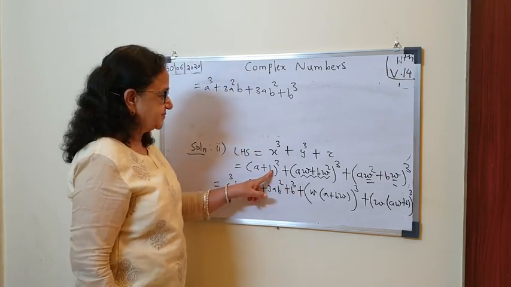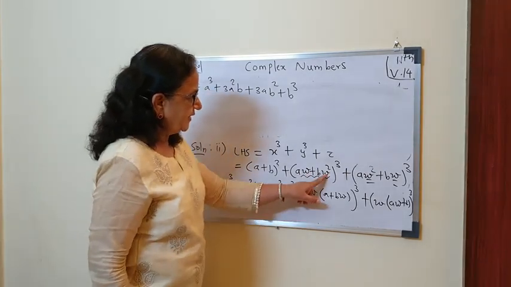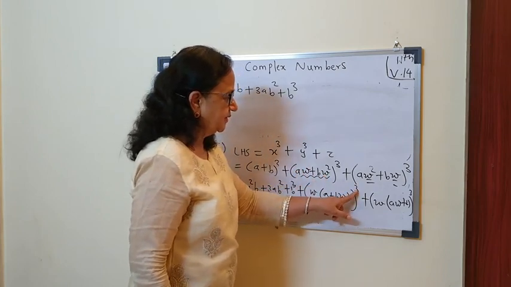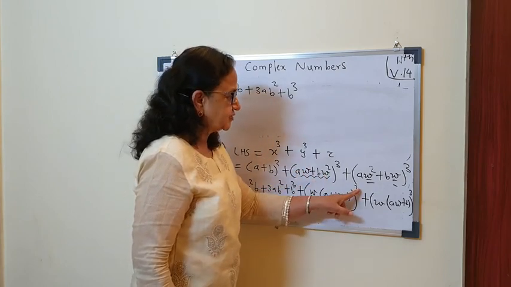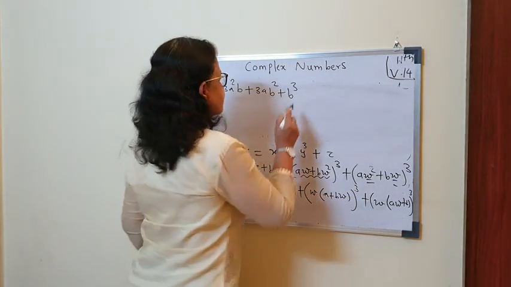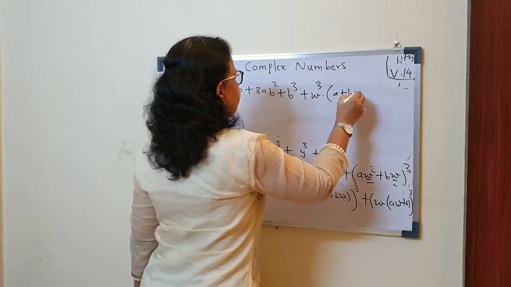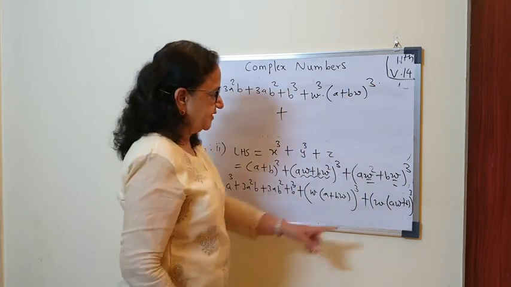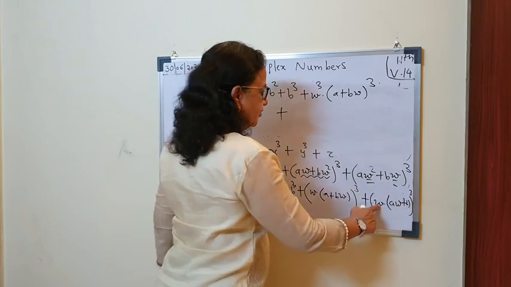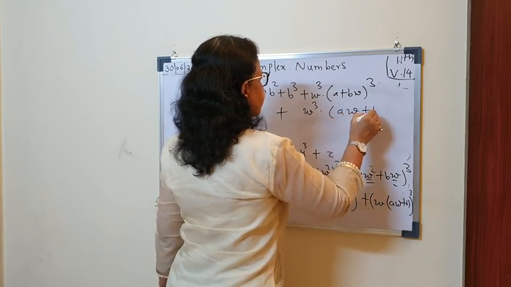If it is a minus b, then alternately plus minus plus minus. Okay. Now here omega inside the bracket you have kept common, then you got (a plus b omega) whole bracket cube. So for the bracket raised to m, how do you get omega raised to 3 and this bracket raised to 3. So it is plus omega cube into (a plus b omega) bracket cube, plus same way here, the whole bracket raised to m. So give it separately. Again omega cube into (a omega plus b) bracket cube.